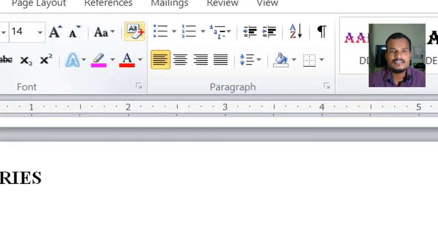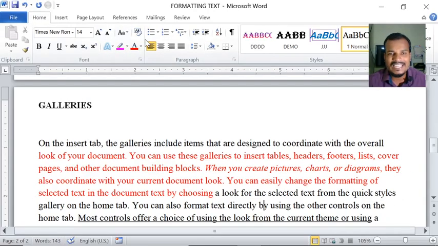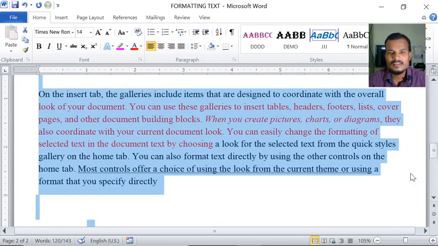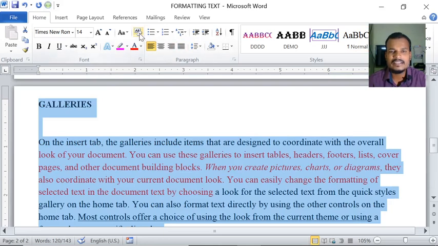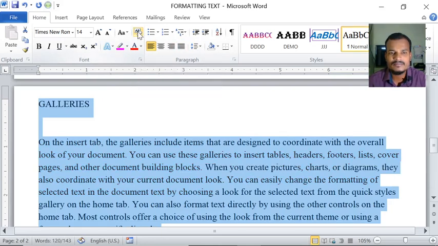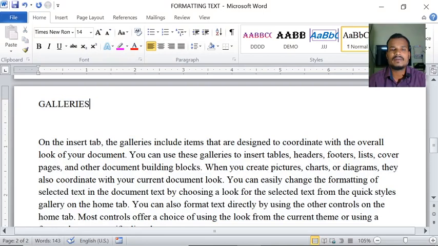This is called clear formats. Whenever you click on this option, it removes all the formats you have applied to your paragraph, word or sentence. Just select it and click on clear formats. See here, all the formats are cleared.